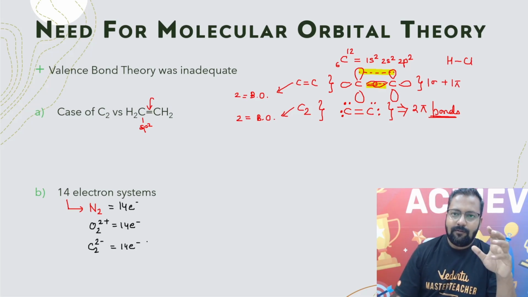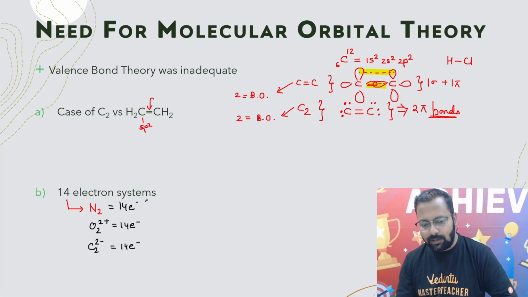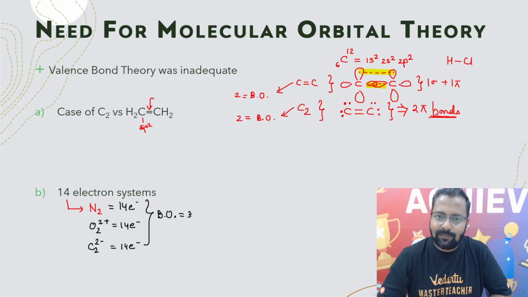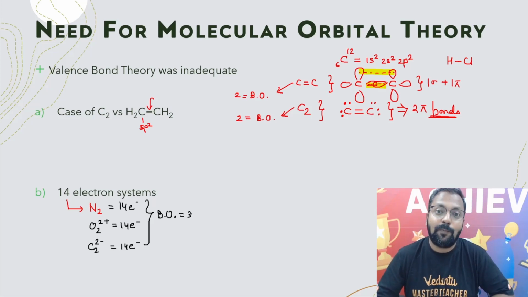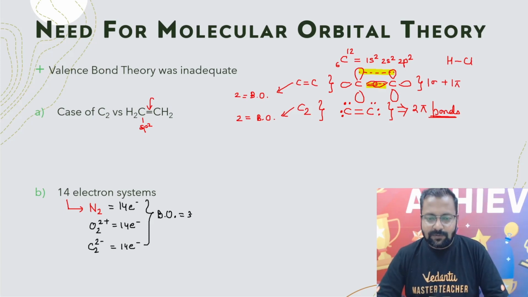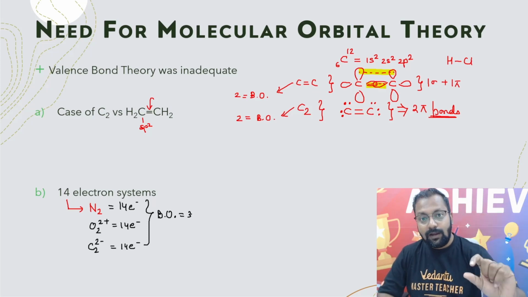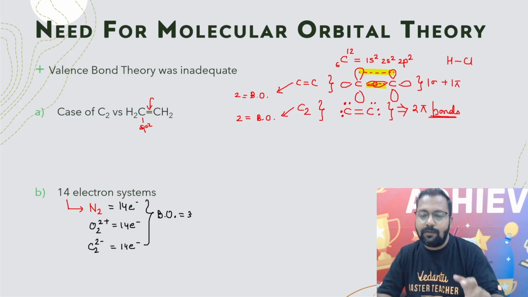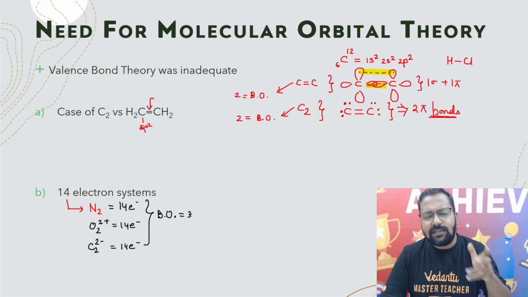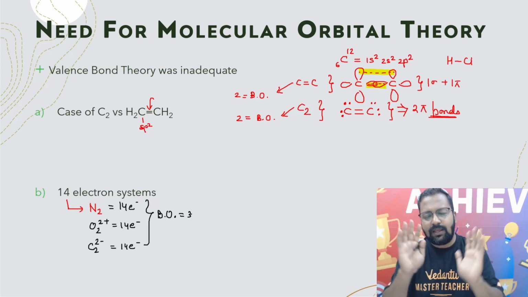Generic idea ये, lot of people say 14 इलेक्ट्रॉन्स मतलब बॉन्ड ऑर्डर 3, बॉन्ड ऑर्डर बिकम्स 3। बहुत लोगों ने देखा है, बहुत लोगों ने सुना भी होगा, बहुत लोगों ने पढ़ा भी होगा, बहुत लोगों को बताया भी गया होगा कि बॉन्ड ऑर्डर 3 हो जाता है। इफ देयर इज 14 इलेक्ट्रॉन सिस्टम, बॉन्ड ऑर्डर बिकम्स 3। ये चीज को एक्सट्रापोलेट कर देते हैं लोग हेटेरोन्यूक्लियर डायटोमिक स्पीशीज में, जैसे कार्बन मोनोऑक्साइड, उसका बॉन्ड ऑर्डर 3। हम आगे चल के पढ़ेंगे कि उसका बॉन्ड ऑर्डर अप्रोक्सीमेटली हम लोग 3 लेते हैं, लेकिन इट्स एक्चुअली नॉट 3।